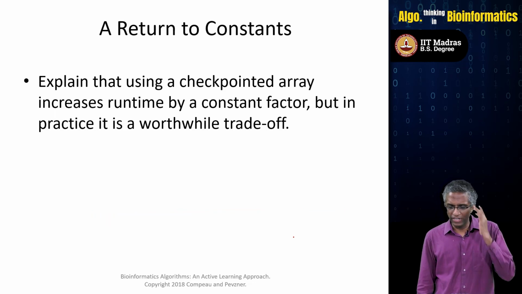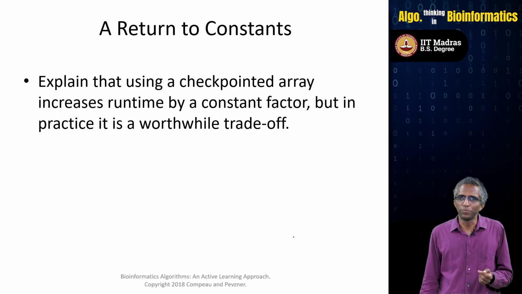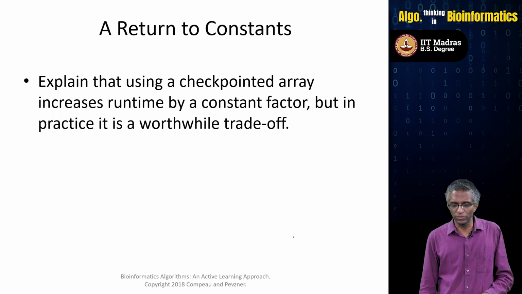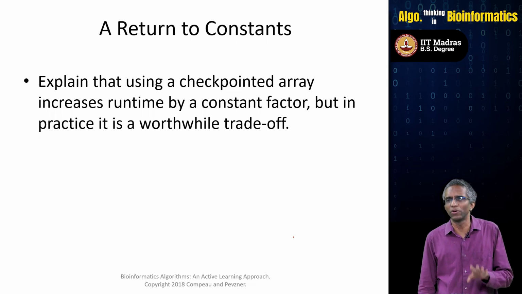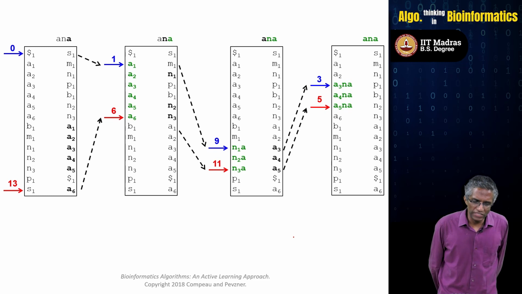Like I was saying, it will increase the running time by a constant factor, but it will reduce the space by that same factor, and it is not going to touch the order notation. The space will still be linear in the size of the genome, and the running time will also be linear in the size of the genome. So let's just